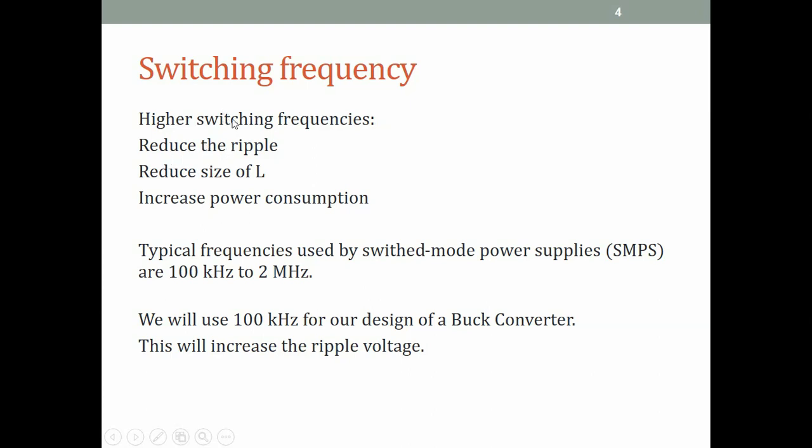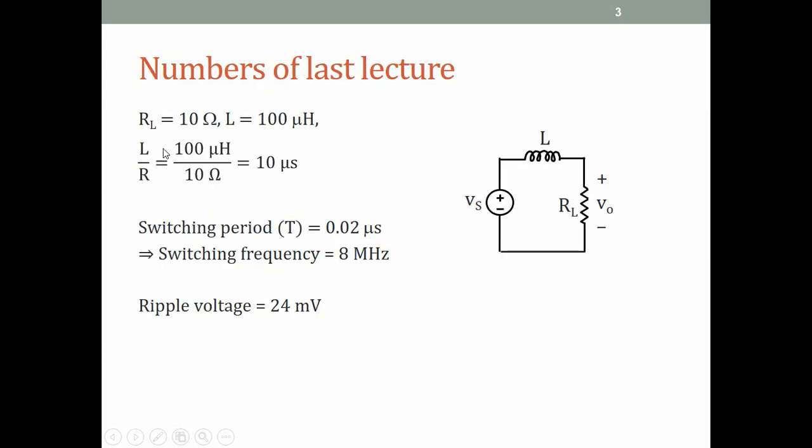All right. Now, as I just said, the switching frequency directly determines the ripple. So if the switching frequency is higher, it reduces the ripple. Also, a higher switching frequency allows us to reduce the value of L and therefore the size of L, because let us see why. So the time constant is L by R. So if the switching frequency is higher, then the time constant can be lower, which means that L can be lower. Lower time constant means higher minus 3 dB frequency.